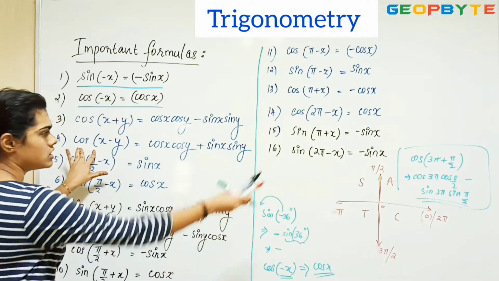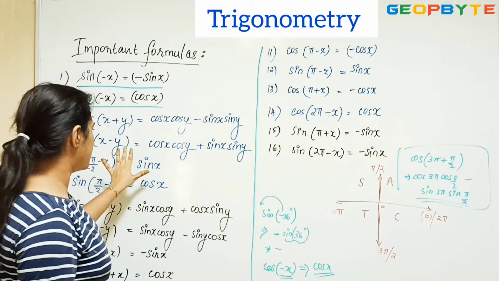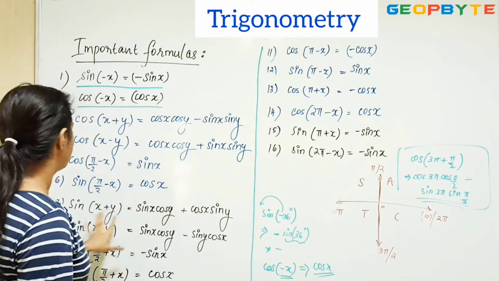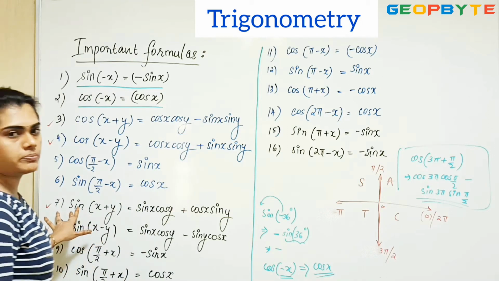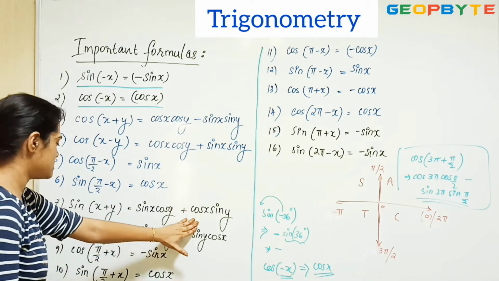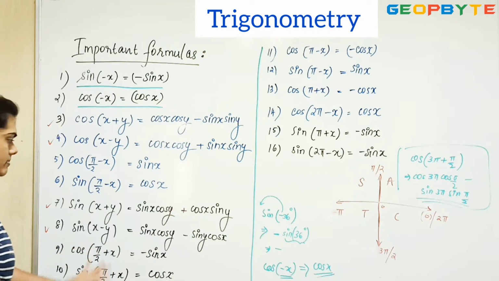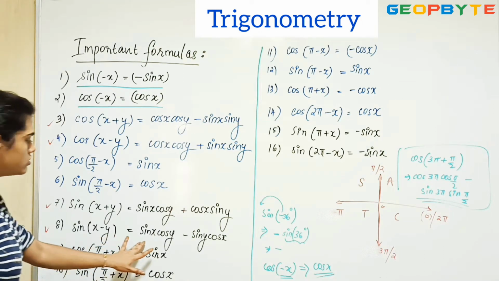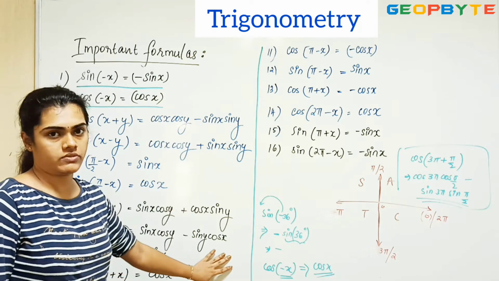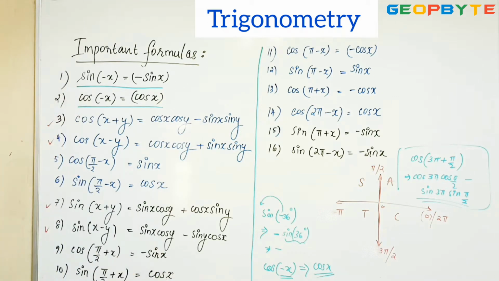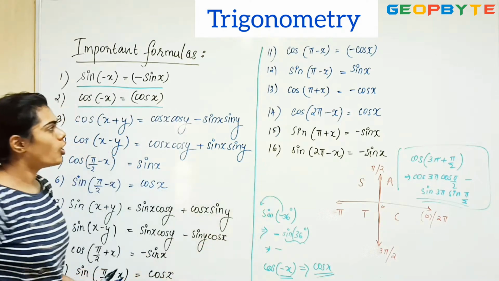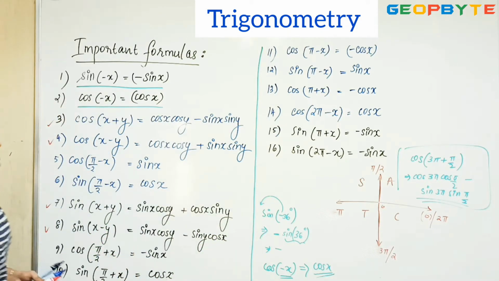Similarly you can write cos of 3 pi minus pi by 2 like this. Similarly, if it's sin of 3 pi plus pi by 2, you can split it like this. And this also you can split: sin of x minus y equal to sin x cos y minus sin y cos x. Now, coming to the 5th one, 6th one, 9, 10, up to 16, all those formulas can be easily taken from this,